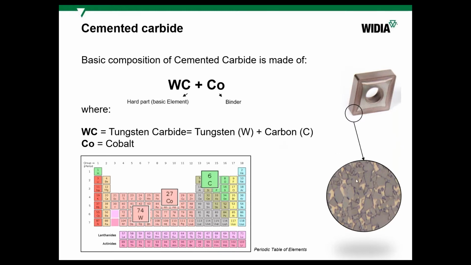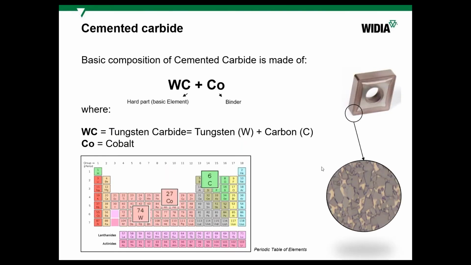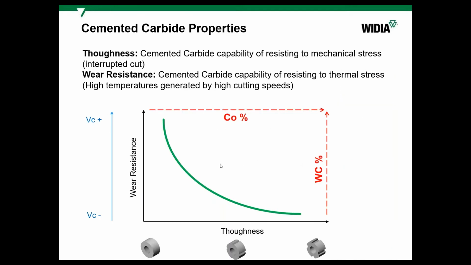So basically, this is a combination. It's pressed, sintered, and then coated. And the structure you can see in the right bottom corner. We can change the structure of the substrates, or what we have inside the insert. When we are producing it, we can decrease or increase grain size. We can increase or decrease cobalt content, the soft part of the carbide,